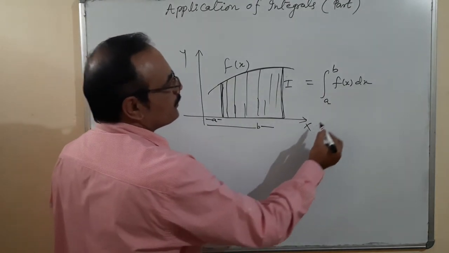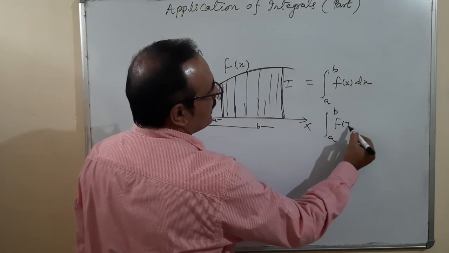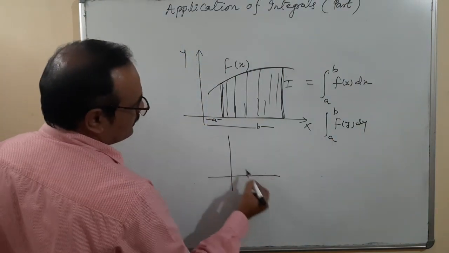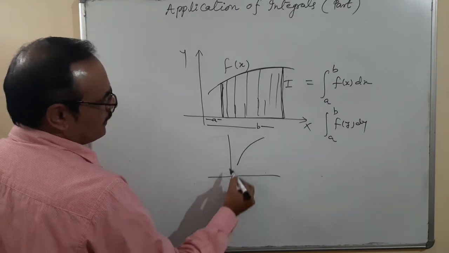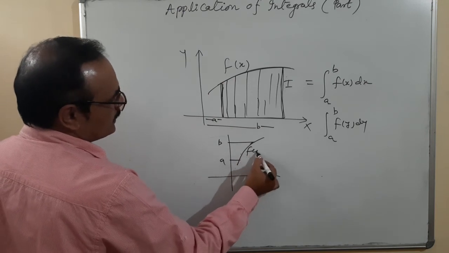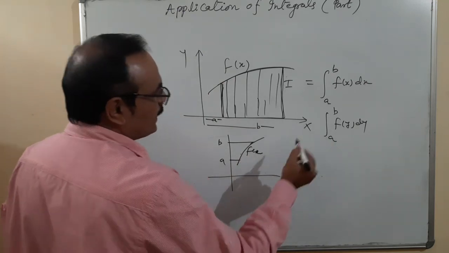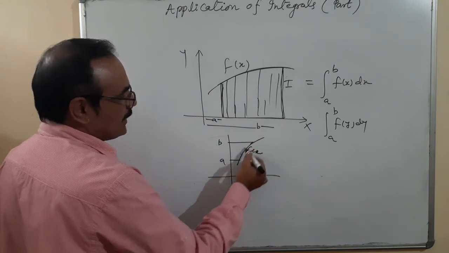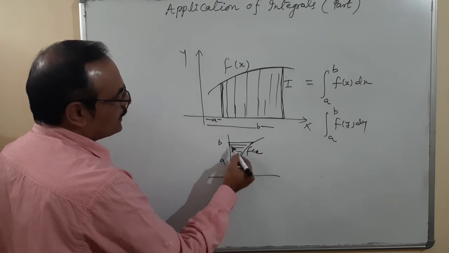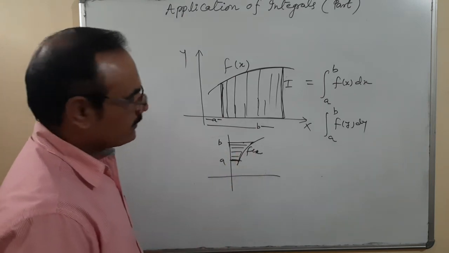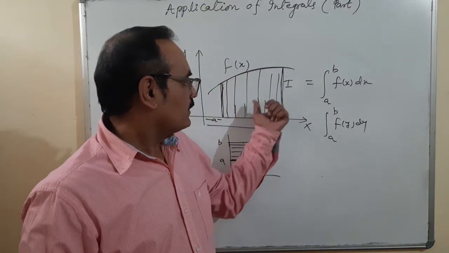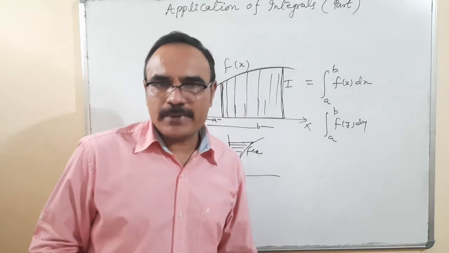For example, suppose I want to take the integral from a to b of f of y dy. What does it mean? So everything in terms of y. Suppose this is the function, here is a, here is b. We are taking a to b f of y dy, so we'll get the area of this. That means the lower limit a, upper limit b, this is right. So in terms of x or in terms of y, we can find the area, right? And we are using this concept for solving the questions.